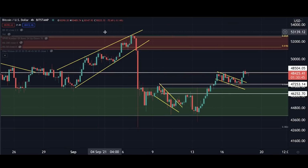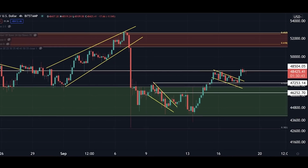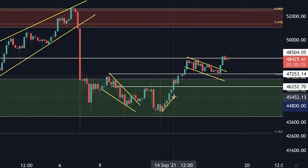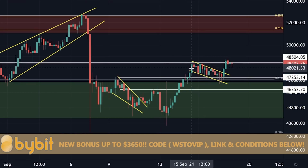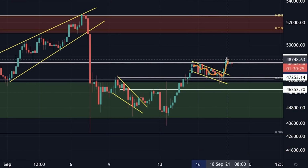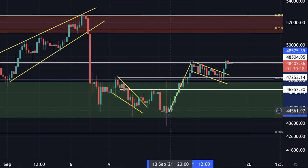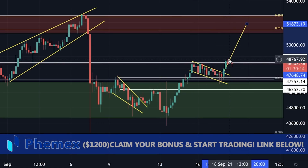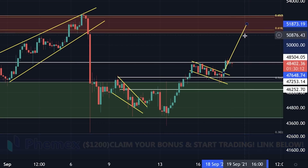So here I am on Bitcoin on the 4-hourly chart, and we can see that over the last 5 days we had a nice run to the upside, and we're consolidating a little bit, and then got a nice breakout to the upside. While we were consolidating, we were forming a bull flag, and that bull flag target is all the way up into our resistance level of